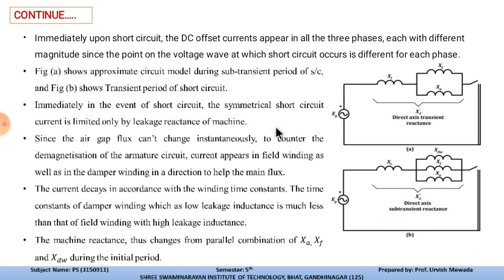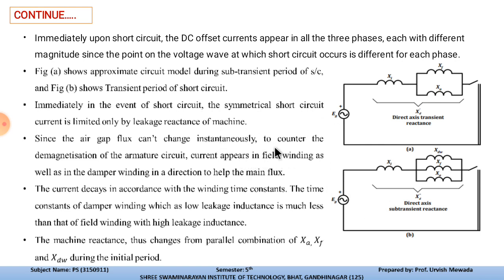Now immediately in the event of a short circuit, the symmetrical short circuit current is limited only by the leakage reactance of the machine. So whenever the short circuit takes place, at that time the leakage reactance will come into the picture, and it will limit the initial short circuit current. And since the air gap flux cannot change instantaneously, because before the fault occurs the distribution of the flux is uniform,